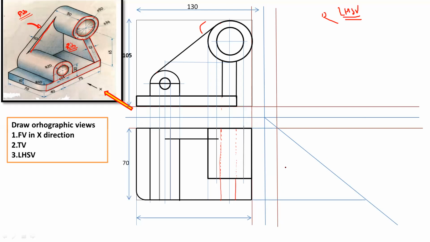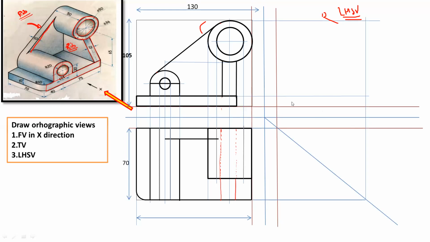So to draw the side view, first draw one 45-degree line and then take the projection from the top view, and similarly take the projection from the front view. So this is how you can take the projection. Okay. So first take the projection from these extreme edges. So you will get one reference rectangle in the side view. Now take the major projections.